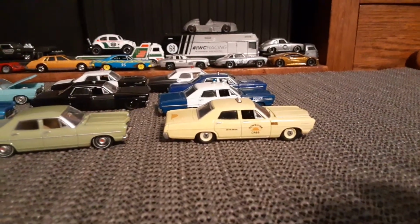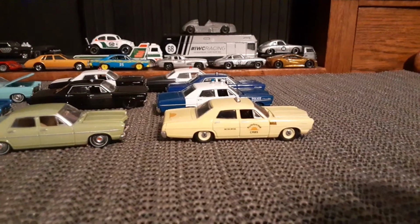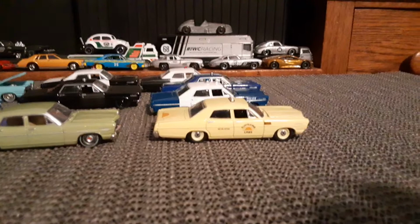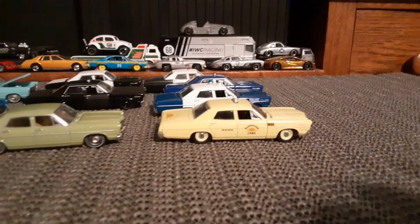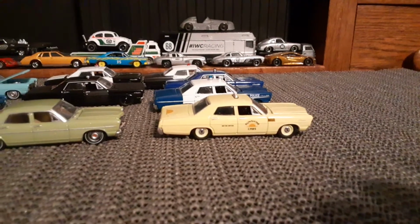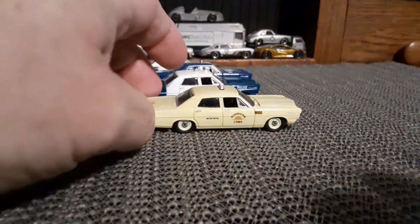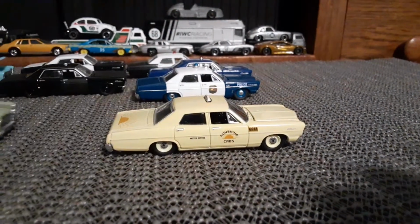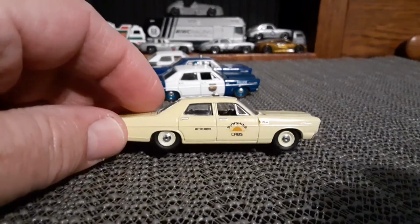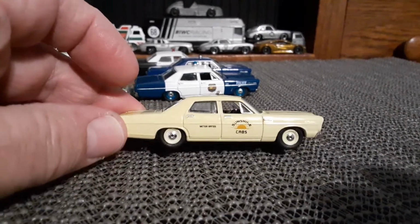And after watching that, there is one car. I'm not talking about variations, but one other Bullet car that Greenlight did that is not in that set. So I thought I might want to show it, or at least look at it. Originally, my intent was just to look at it, but when I started looking through my shelves, I realized I had a whole bunch of this model. That might make for a good video. Anyways, the one that wasn't in that set